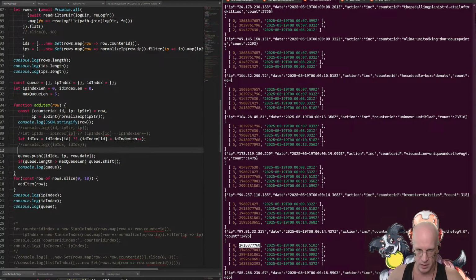So we can say, let queue row equals this. And like little const, queue row. We'll push that in there. And now we'll use our IP index, right? And now we'll just say IP index,